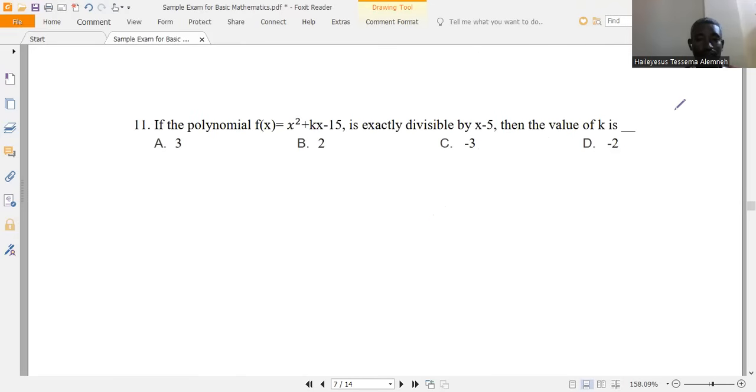If the polynomial function f of x equals x squared plus kx minus 15 is exactly divisible by x minus 5, then what's the value of k? So clearly you have been given the polynomial function with the k coefficient, and it's divisible exactly by x minus